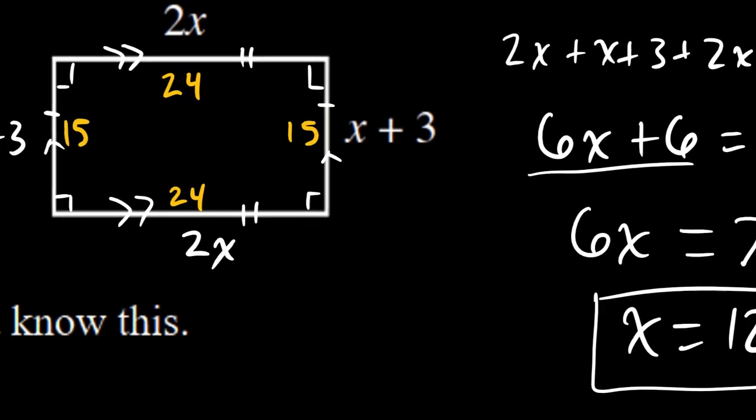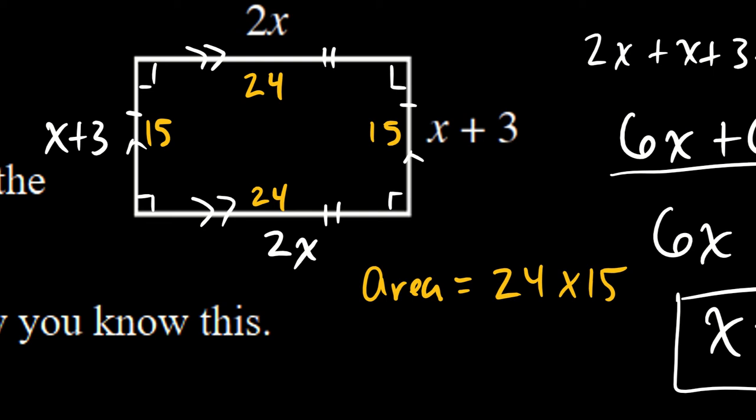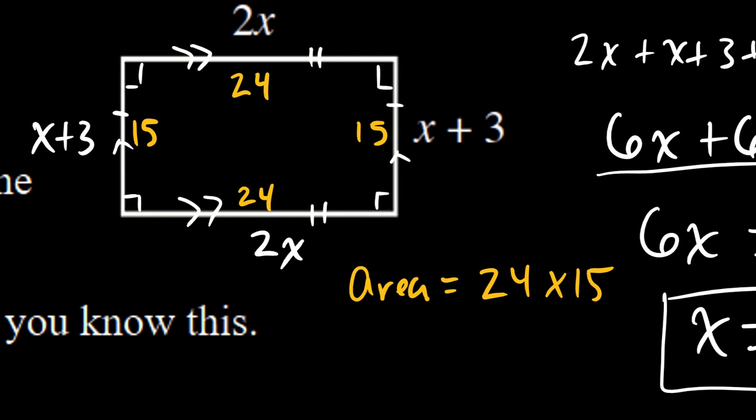Well, if these are the dimensions of the rectangle, certainly the area of this rectangle is going to be that one dimension, 24 times 15. And if I do that, let's see, 24 times 15. Was it 360? Yeah, it is 360. I get that my area equals